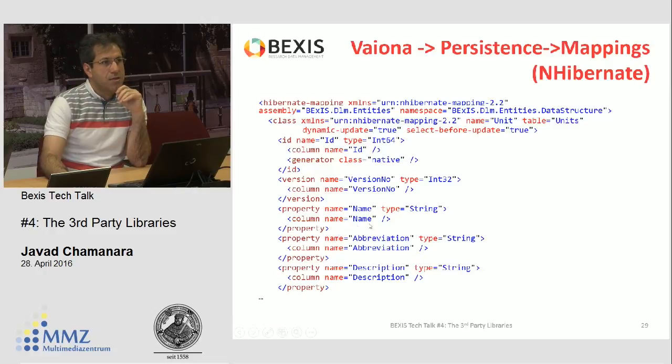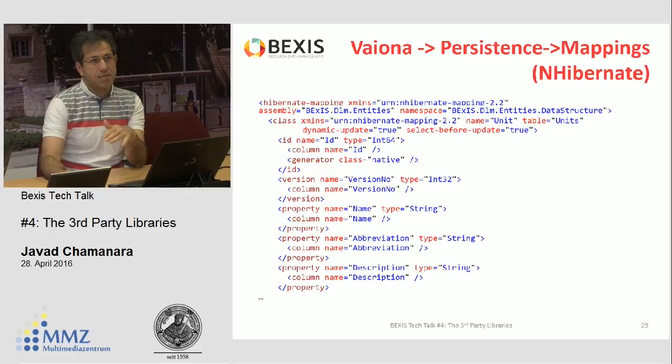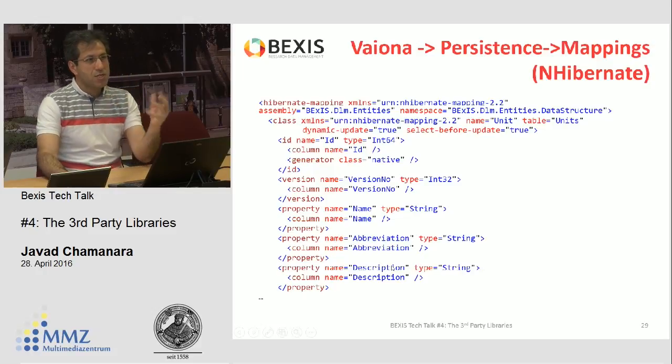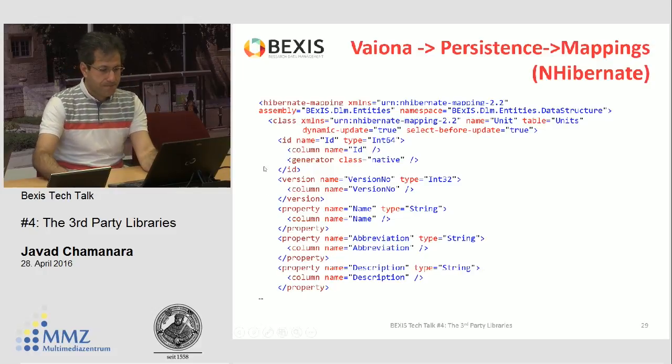And then these are the attributes of the unit class. So unit, as a normal entity class, is a subclass of base entity, and then has name, abbreviation, and description, and I guess some extra, but just for short, these three are here. So with this mapping,